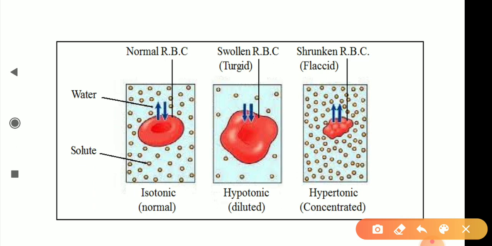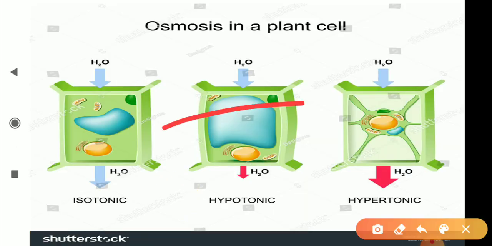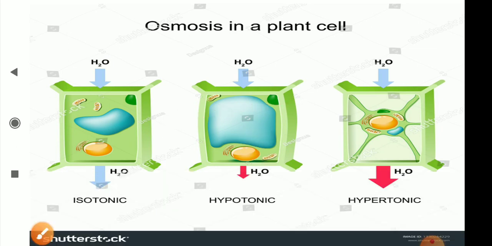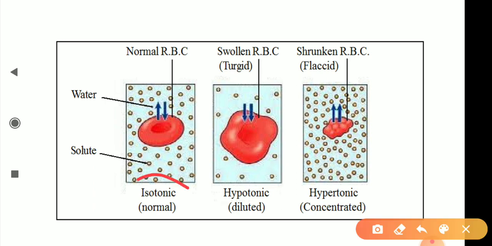Over here what is going to happen, isotonic, that is the normal type of solution. Okay, and this is our red blood cell. As it is isotonic, the amount of the solute and solvent is equal outside and inside the cell. So there will be equal movement, if any, though no concentration difference is there. So there is no change in the shape when it is kept in isotonic. Isotonic में जब हम उसको रखेंगे, so there is no change in the shape.